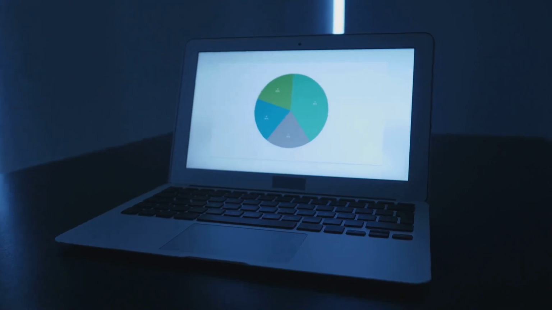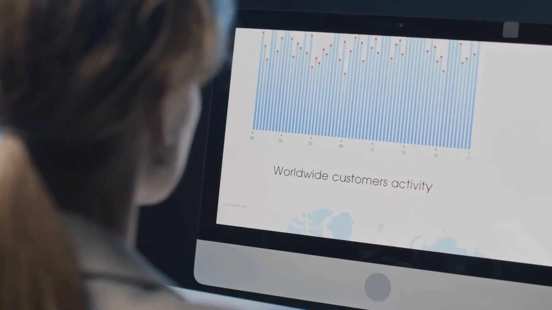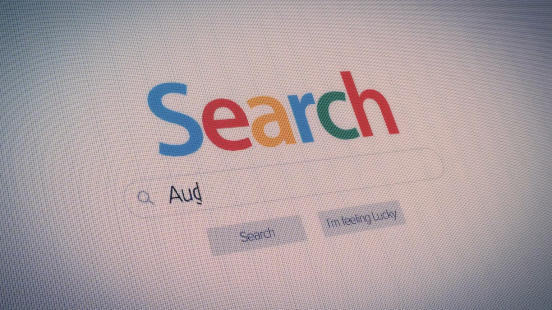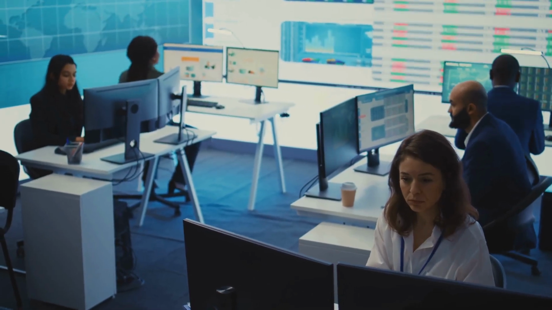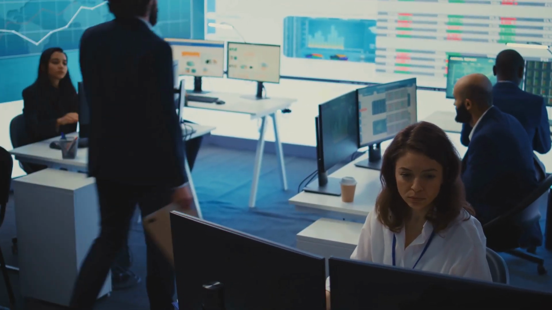Google Analytics is another must-have. It tracks website traffic and user behavior. If you look under the site search report in the behavior section, you can see what terms visitors are searching for on your own website. That can reveal content gaps or user interests you might not have thought of. And finally,